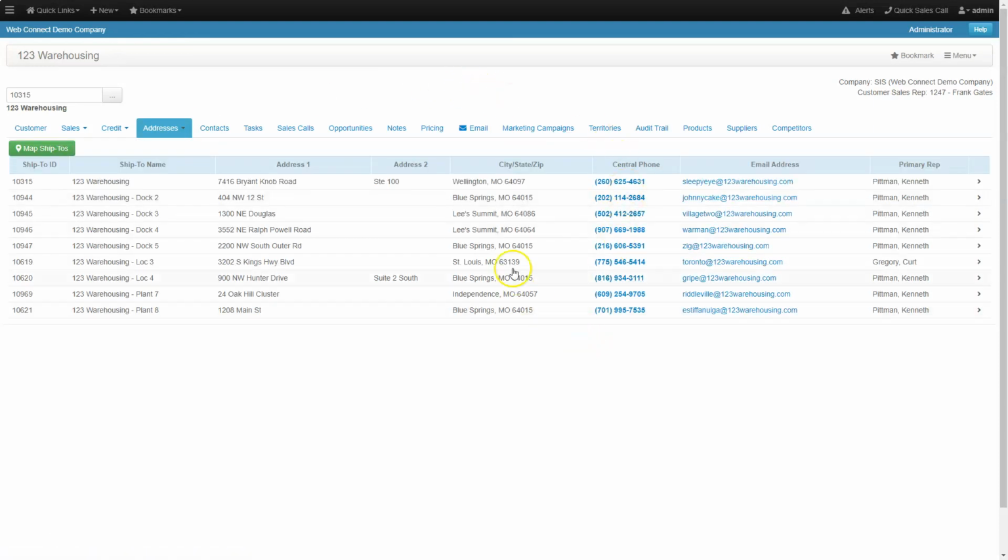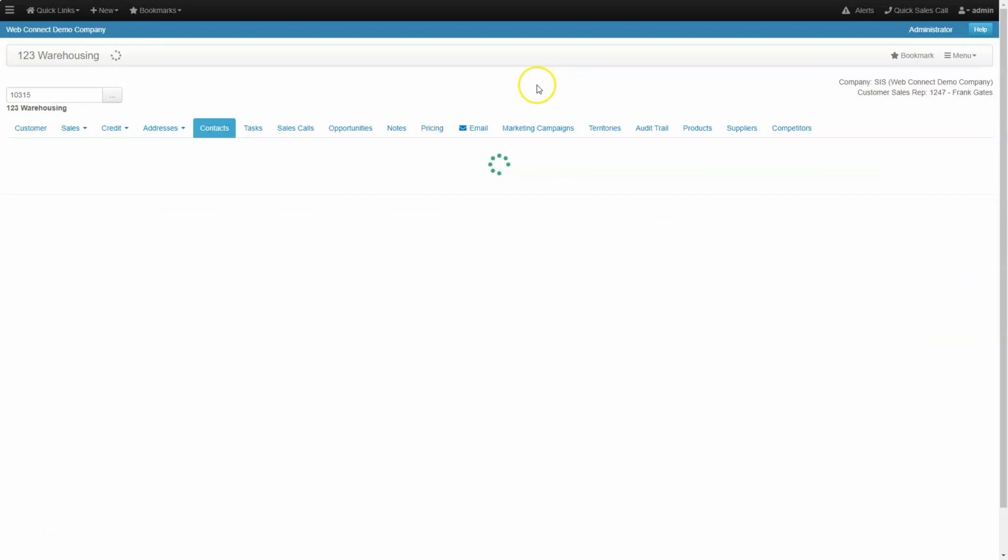This is all of the ship tos this customer has associated with it. You can see the ship tos themselves. You can map these ship tos if you want, and you can also get to all of the sales reps that are associated with them. So Kenneth Pittman is the primary rep on all but one of these ship tos, so it's kind of interesting. Another interesting thing you can do with the